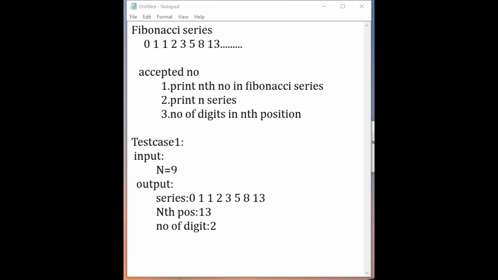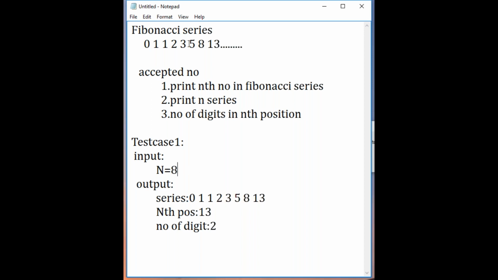So from the user, you're accepting only one input, that is the n value. I think it is 8, right?